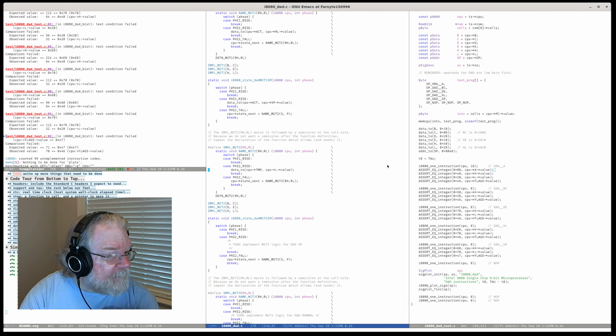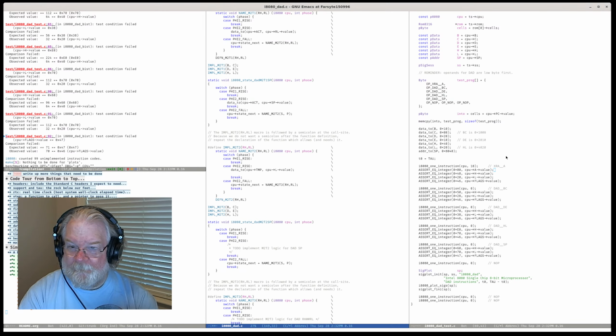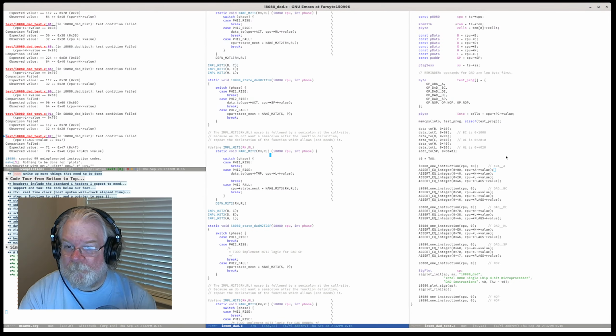And we're also setting the ALU to the sum. And my auto indenter wants to indent underneath there because I'm a bonehead.